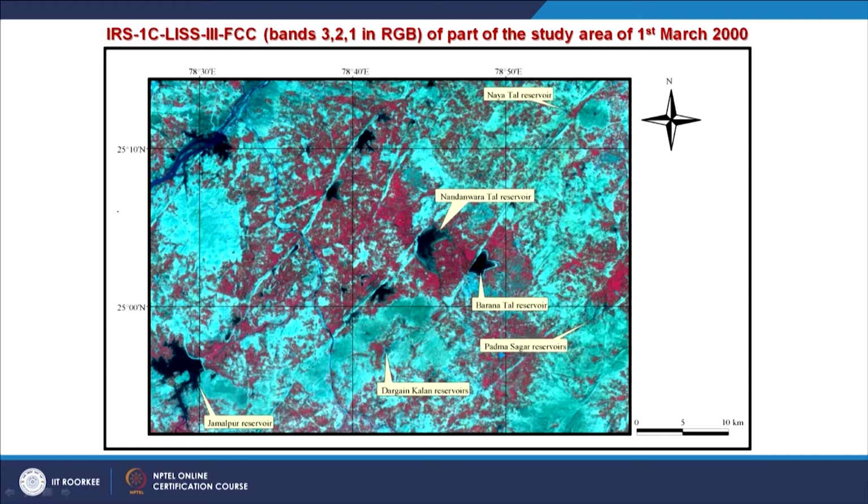Just to locate, this is the Betwa river which is going something like this, and will meet the Chambal, and then Chambal meets Yamuna, Yamuna meets Ganges. Now, these white lines which you are observing here, these are the quartz reefs. These are geological structures which are already present and which are serving as a dam axis, very long dam axis. So, people in the past have exploited these quartz reefs and could create small reservoirs. Some might even be natural ones.